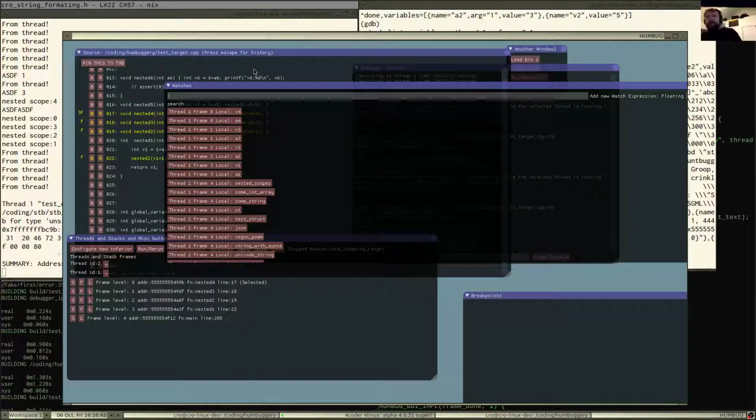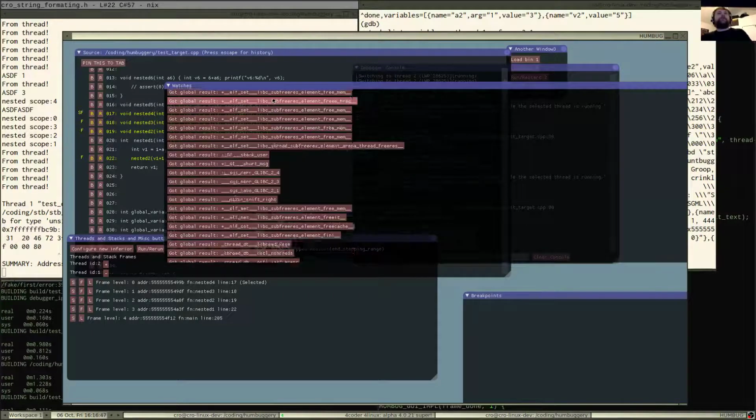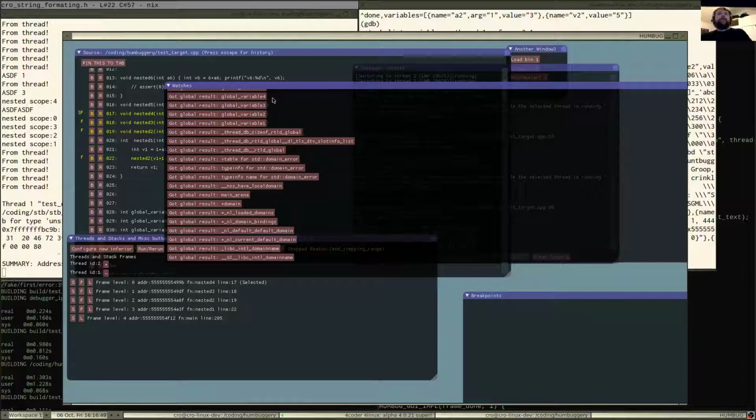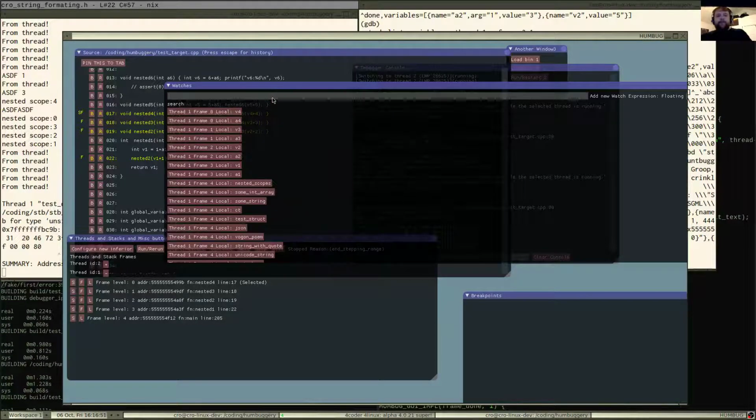I think I made an okay amount of progress. It is not as much as I would have liked. But then again, I was thinking I would have the watch window done like 3 weeks ago. But it just keeps coming back. But we're almost done.